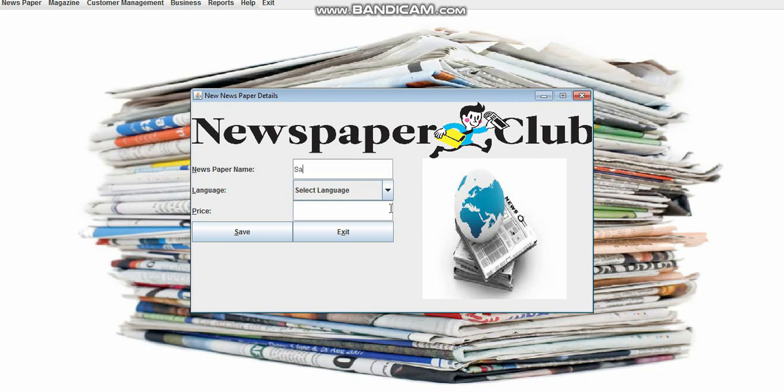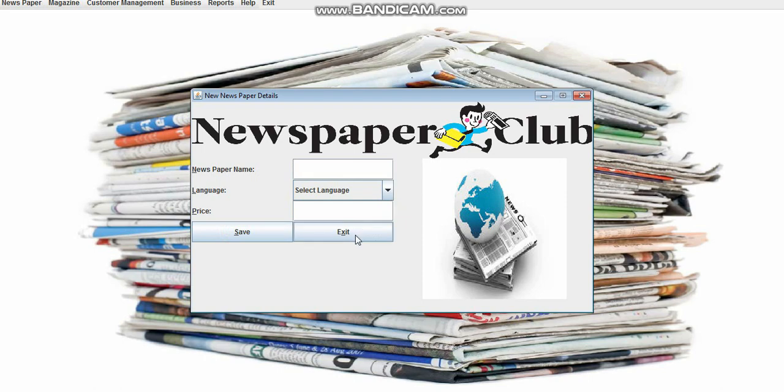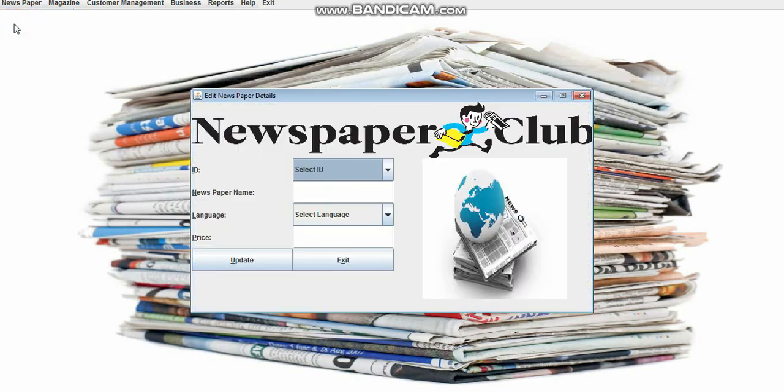This is the Sakal newspaper, the language is Marathi, and the price that we have entered is 7. You enter save, and the record gets saved successfully. And now you can edit the newspaper by just selecting the ID, and you can get the record for that newspaper, that is Deccan Herald.